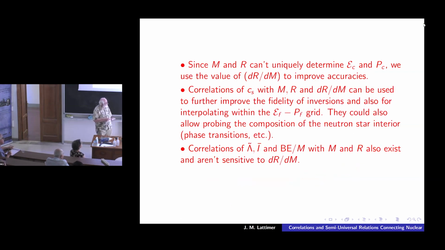And you can use correlations that also exist with the speed of sound to improve information about the underlying equation of state. You can also find correlations, which we haven't explored too much yet, but the tidal deformability, the moment of inertia, binding energy, and so on also have correlations with mass and radius. And so direct measurements of these can also be used to infer underlying equation of state information as well by